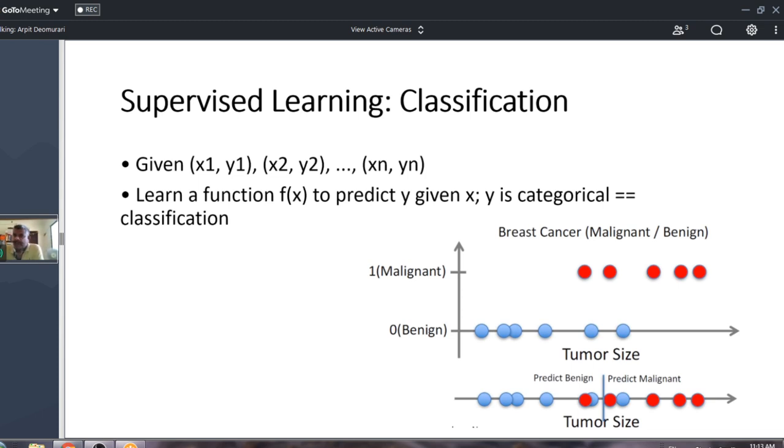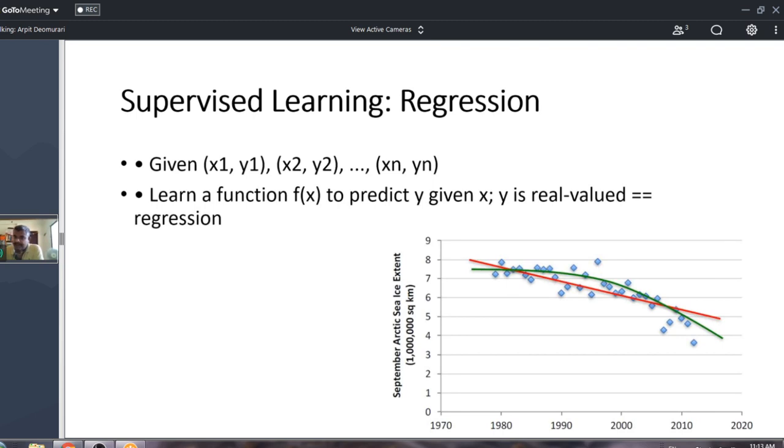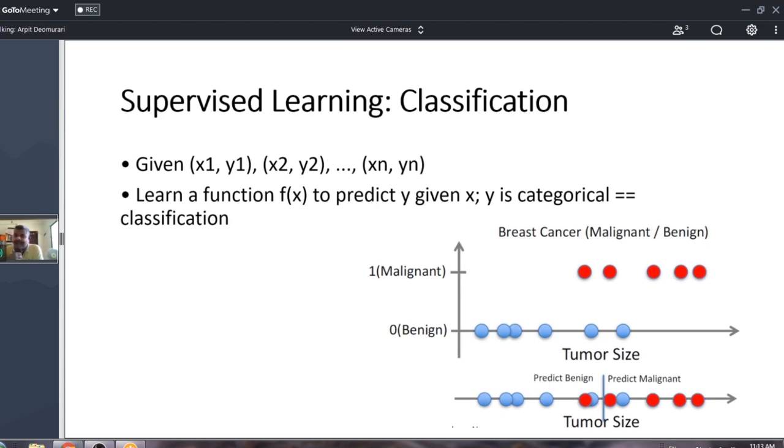Second, within supervised learning, you have a problem called classification, where Y is categorical. Here in this example, Y is a real value, meaning a discrete number, whereas here it's a category. In the example, you need to know whether you have cancer or you don't.